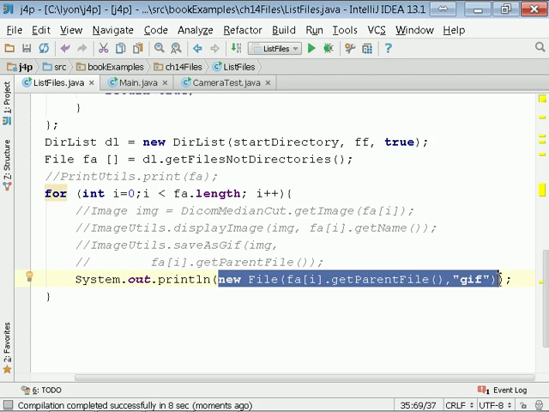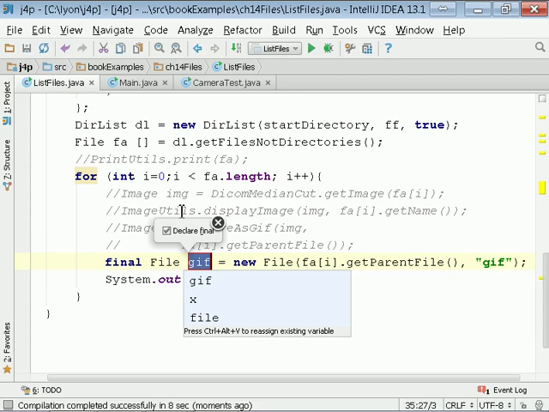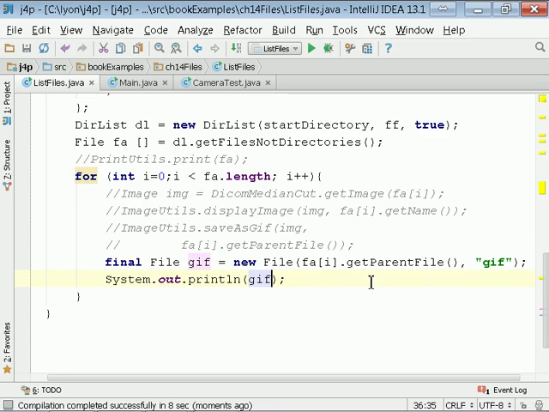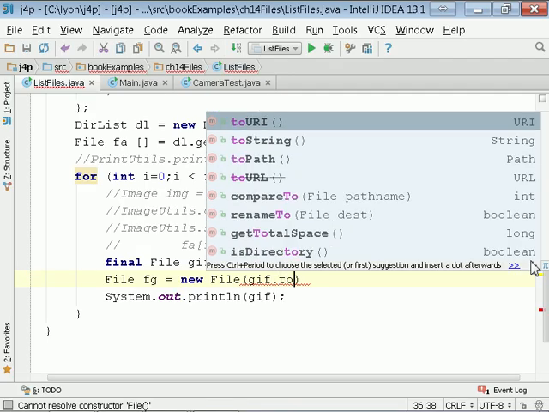Let's make a little auxiliary variable here. New file, introduce a variable, extract variable. What shall we call it? GIF. That's good. Call it GIF. So now it says something like directory / GIF, and now what I'd like to do is make a file equal to new file of gif.toString